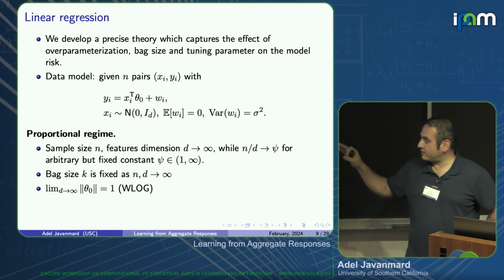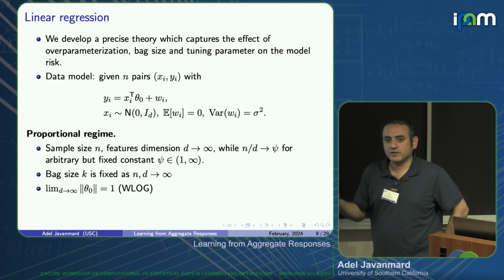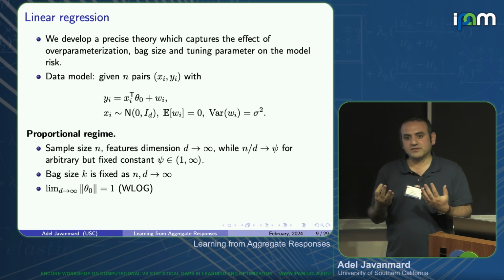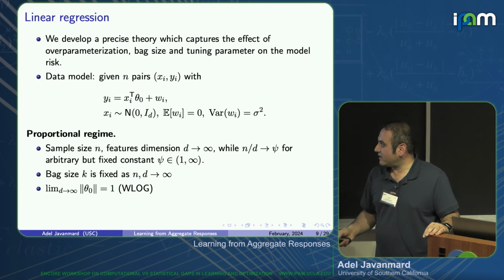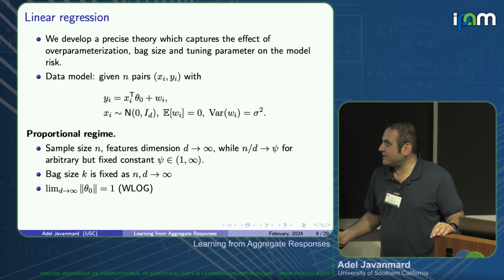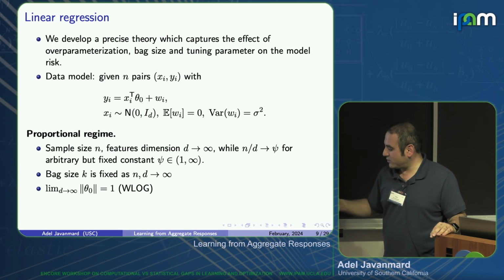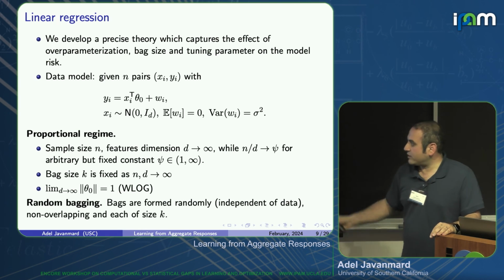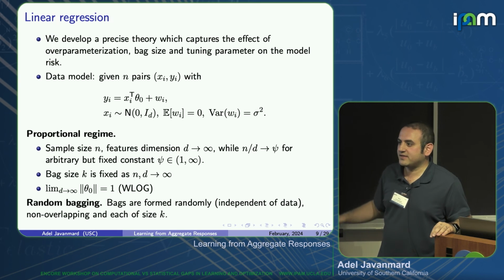And you can ask why I'm thinking about this regime, because if n was much, much bigger than d, then the variance was small. So if I want to see the bias-variance trade-off, I want to go with this setting to get a good understanding of them. The bags are of size k, and k is fixed as n and d are going to infinity. The norm of the model, theta 0, we can assume it's constant, so you can just rescale everything and say it's 1. And as I said, for this part, I'm assuming that the bags are formed randomly. So they are of size k.